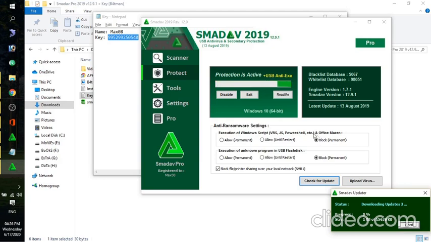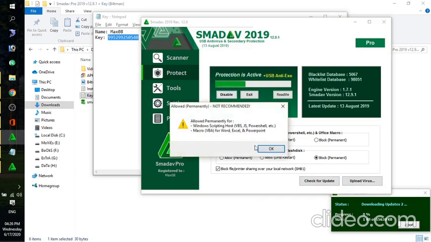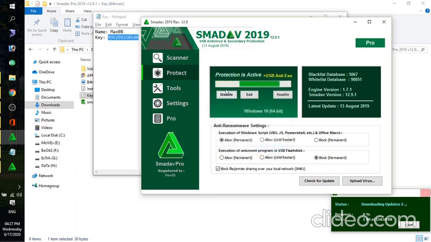Last time this was updated on 13th August 2019, and now Samadev is being updated. And these are the different settings. If you want to disable this protection, click on disable, then your PC will not be protected by Samadev.